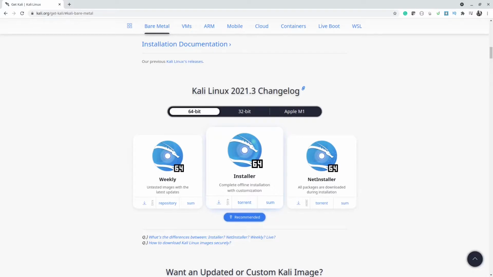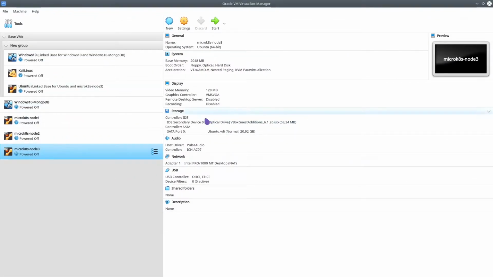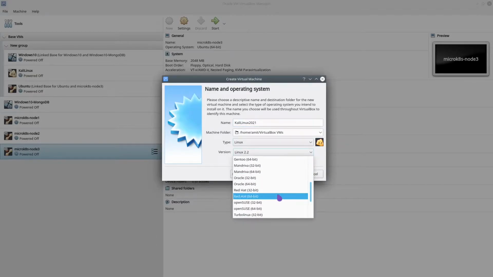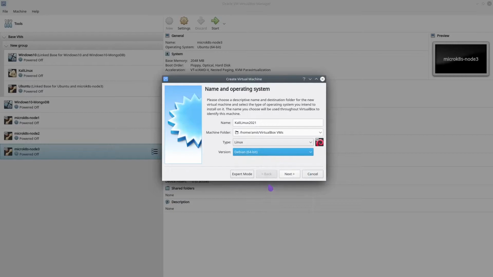So I'm going to jump directly to VirtualBox, and in VirtualBox, I have to click on the create new button to create the Kali Linux virtual machine. I'm going to give the name as Kali Linux 2021, and I have to select the type as Linux, and the version will be from here, since the Kali Linux option is not available in this. So I'm going to select Debian 64-bit